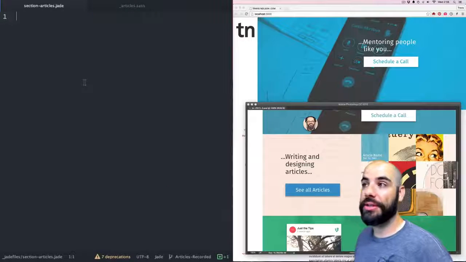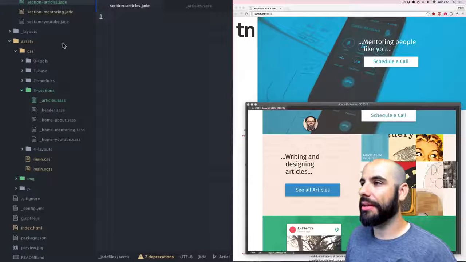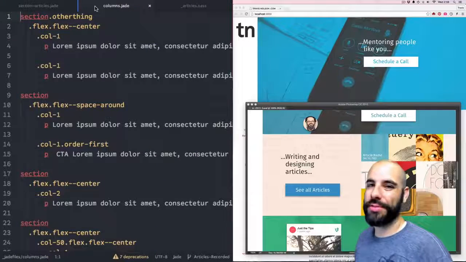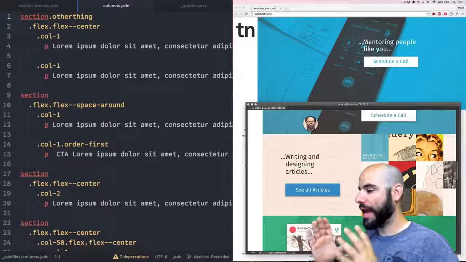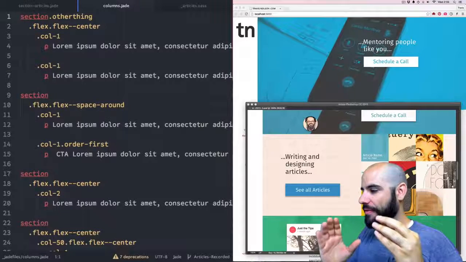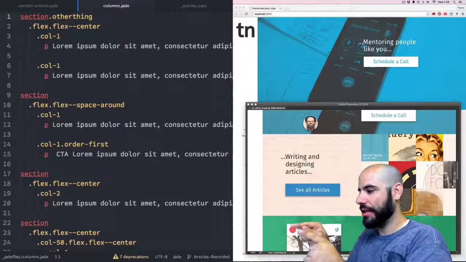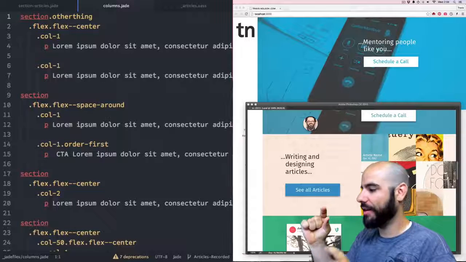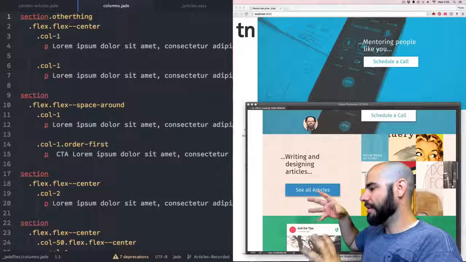I want to start with the section-articles.jade. Let's open the columns.jade, and let's grab the columns that we want to replicate here. According to our design here on the right, we're going to have a 50% split on both. On the left, we're going to have a column-1 containing the characters there, the phrase writing and designing articles, and the button. And then on the right, we're going to have a bunch of